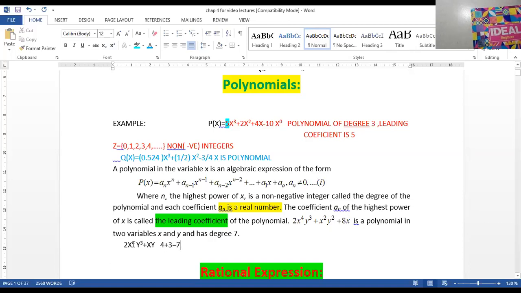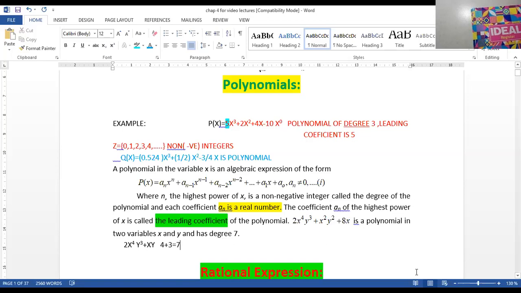If we have a composite term or a polynomial having two variables x, y, for example, then we will see in which term the sum is the greatest. Like 4 plus 3, the sum is 7, so this will become a polynomial with degree 7. But in this example, written right here, if you add up 2 and 2, x raised to power 2, y raised to power 2, it will become 4. So we will observe each term of the polynomial to see which contains the greatest sum. Whatever is the greatest sum will become the degree of the polynomial.